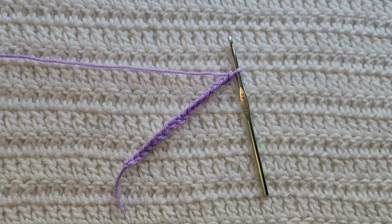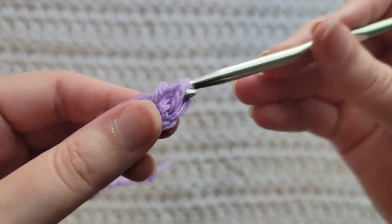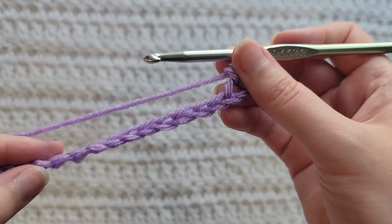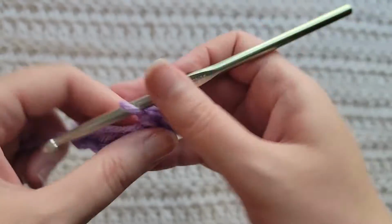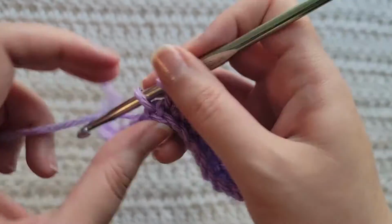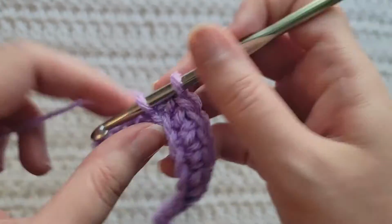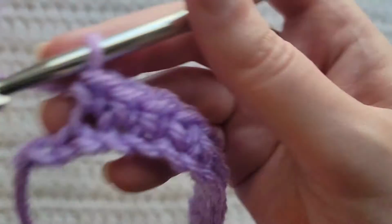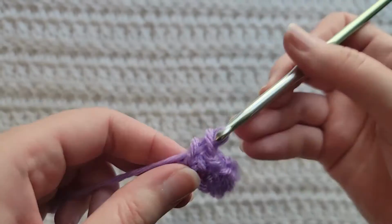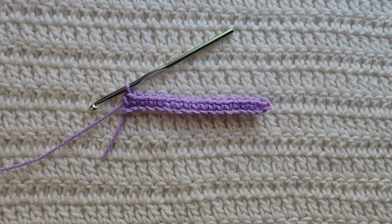Starting from the very beginning, making chains, you're going to make chains in the multiple of 3. I have already made 18 chains on my hook. To start row 1, make 1 single crochet into the second chain from your hook. You're now going to make 1 single crochet into each chain across. So that's 1 single crochet into the second chain and then 1 single crochet into each chain across for row